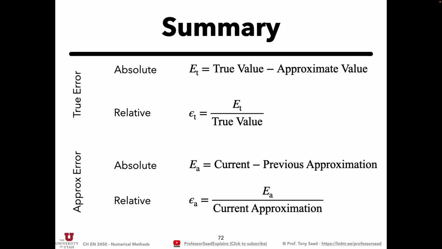Okay, so I show you a couple of solutions here for this problem. Here's your summary: absolute, relative true error, absolute, relative approximate error. And again, current, previous approximation, or better, worse approximation. Think of it this way. All right? Those are the definitions of error. This is going to be, most of the time, what we will be using to assess the error in our